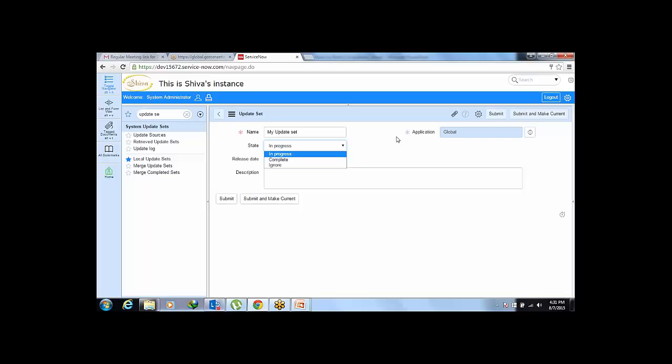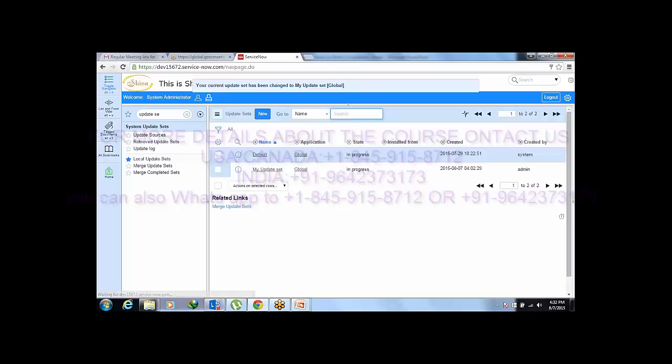So this will work like this. The initial state will be in progress. That means you are working on this. And submit and make current. You understood those concepts, right? Yes. Okay, so you understood the concept of update set. So now you can see mapped